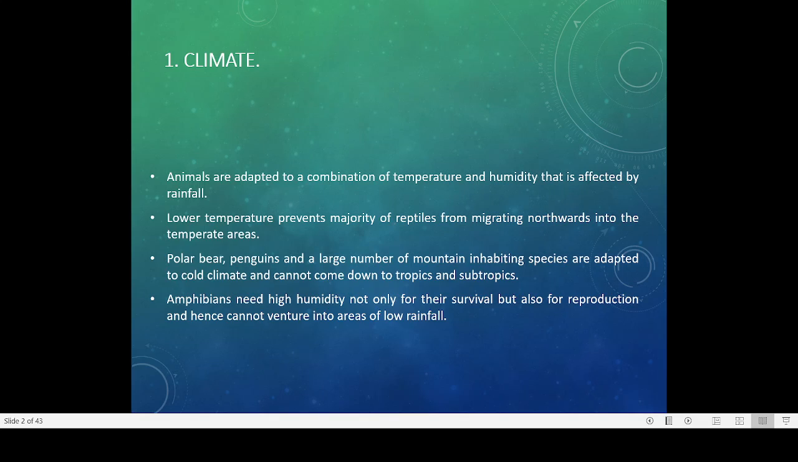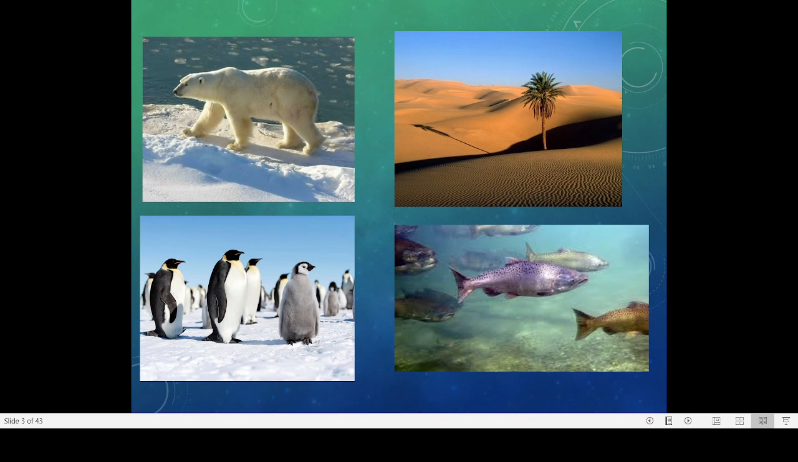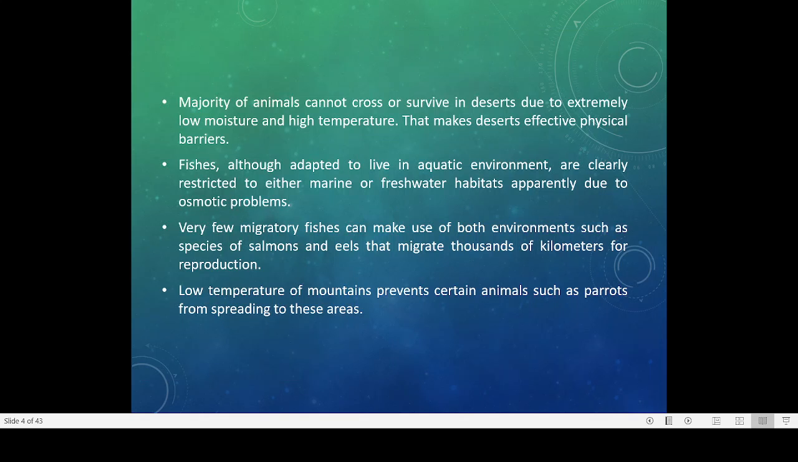That is why if we go to the desert area, we can find only a few species of amphibians which are highly adapted to survive there. Most species of amphibians are not able to survive in desert areas or in areas where there is not enough water. So that is another example. Here you can find a polar bear, penguins, then desert habitat is shown here, then similarly salmon is also shown here. So the majority of animals cannot cross or survive in desert due to extremely low moisture and